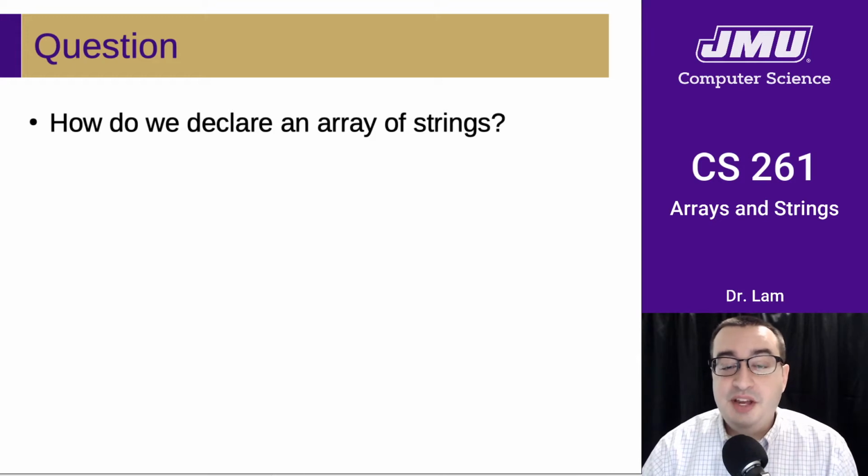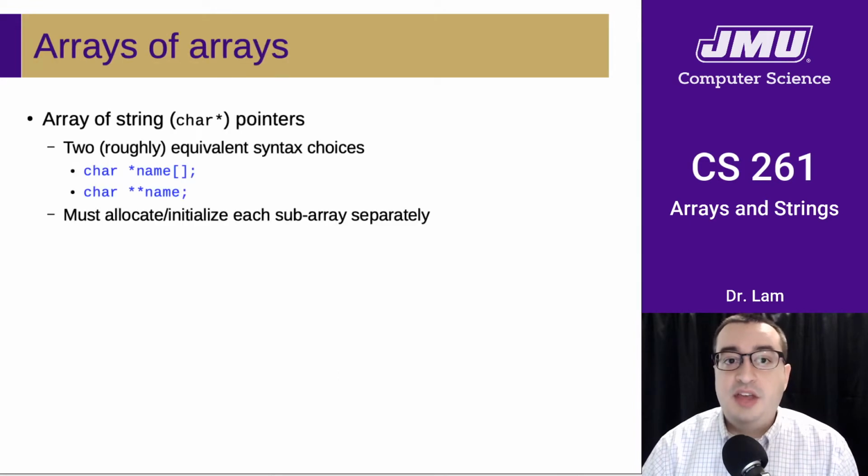So hopefully at this point you realize that we need an array of arrays. And hopefully now you can begin to appreciate why C allows you to have pointers to pointers, because that's exactly what we need here. We need an array of strings. Since strings are char stars, they're arrays of characters or pointers to characters, then we essentially need a pointer to a char star, or a char star star.